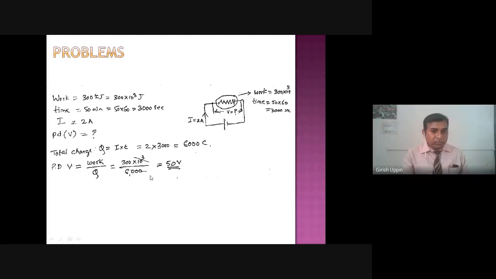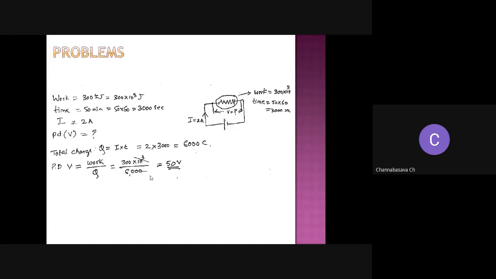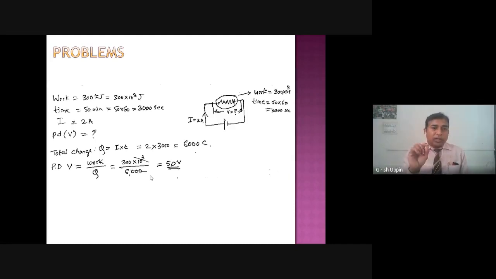Yes, sir. So kilowatt hour, kilo. Henceforth we will make a standard. Even though energy can be represented in kWh, unless and until, sometimes in the exam, in the problem, they will say what is the kilowatt hour energy utilized by the circuit, then you can do that. Otherwise, always go with the basic units.